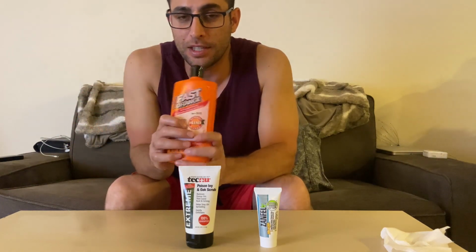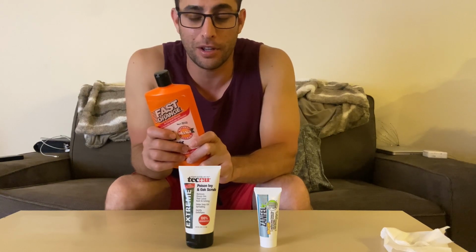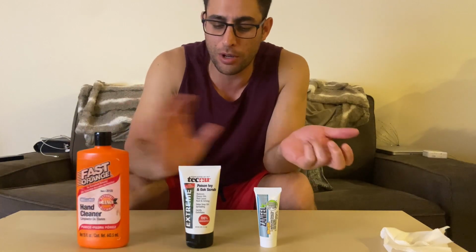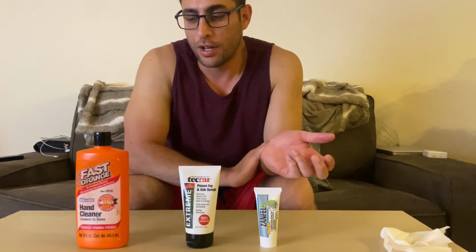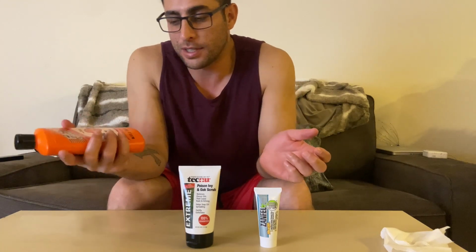And this being 40 cents an ounce, I was not hesitant to put it on or put a lot of it on. So I put a lot on, and then I actually reapplied it. So I put it on, rubbed it in, washed it off, and then I put some more on, rubbed it in, and then washed it off. So it worked really well. I don't know if it's because I applied it twice,